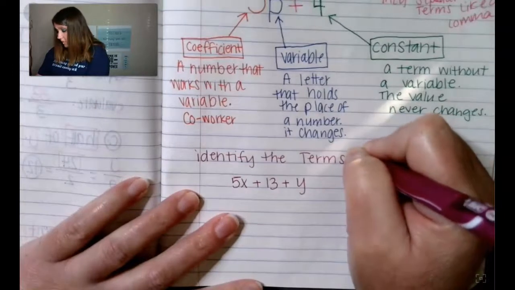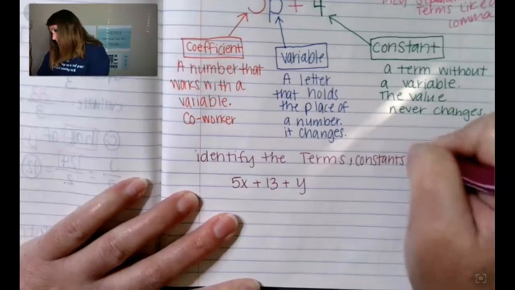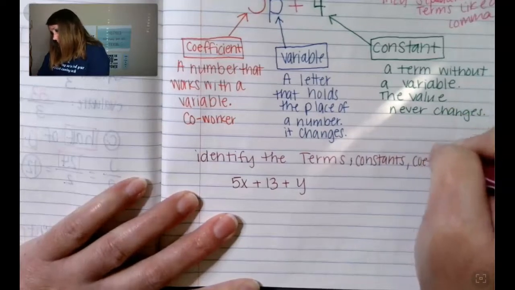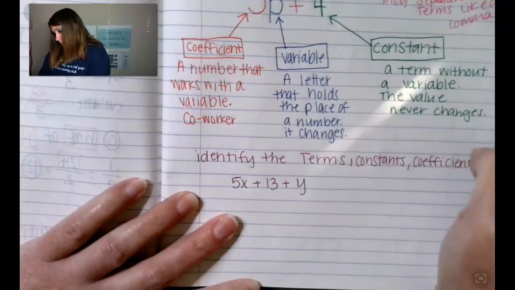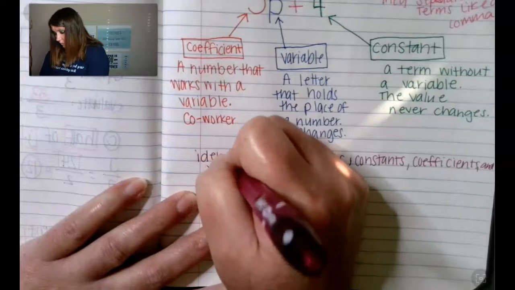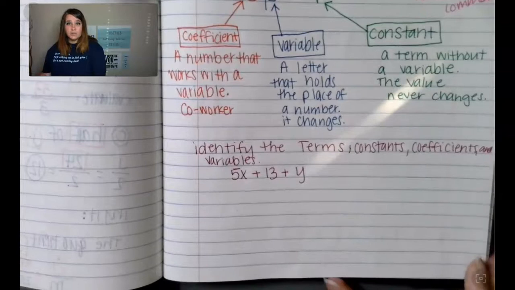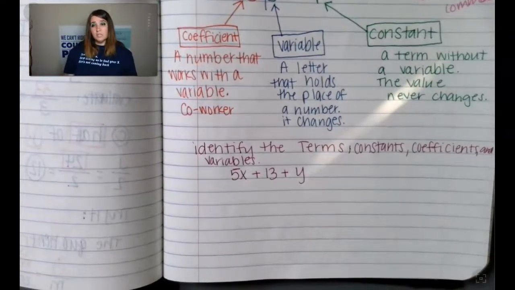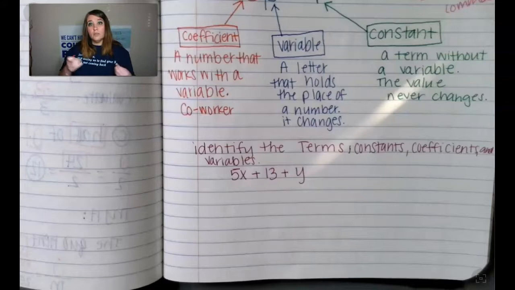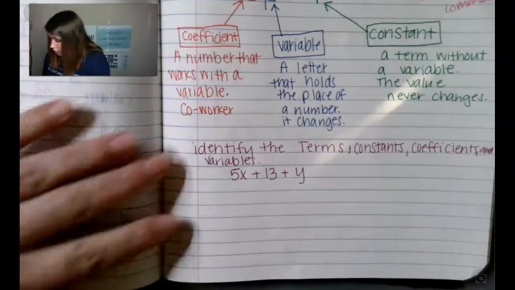Let's say it wants us to identify the constants, coefficients, and variables. It's just asking us to sort these things. It just wants us to sort these things into their piles. So we're just going to organize them. Okay, so let's start with the word terms. So terms. Our terms